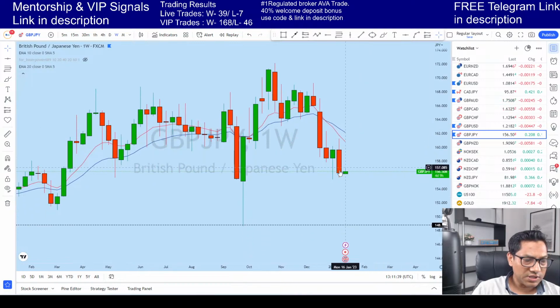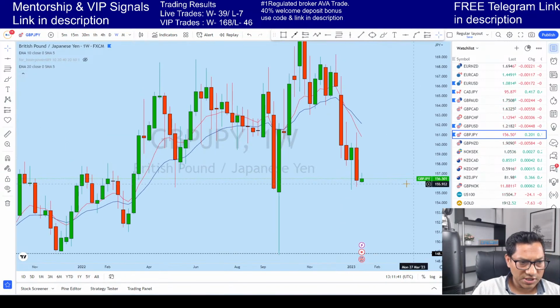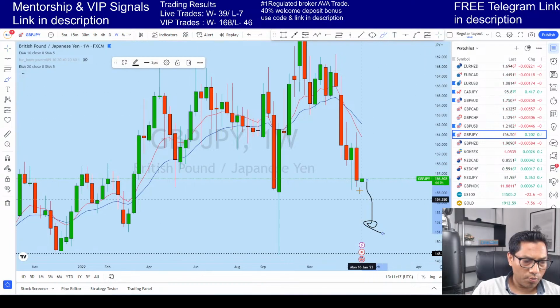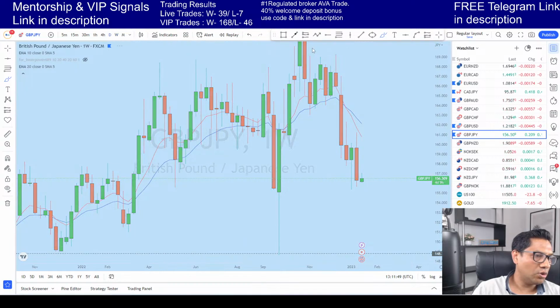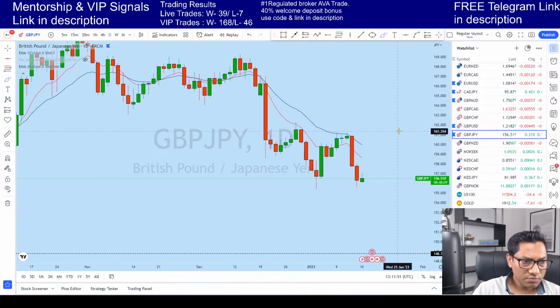So this current week so far, we see a little bit of retracement. What I think is that we should see another wave of drop on GJ on the weekly as well. Let's look at the daily perspective. Now this is the daily time frame, guys. What we see from the daily perspective,